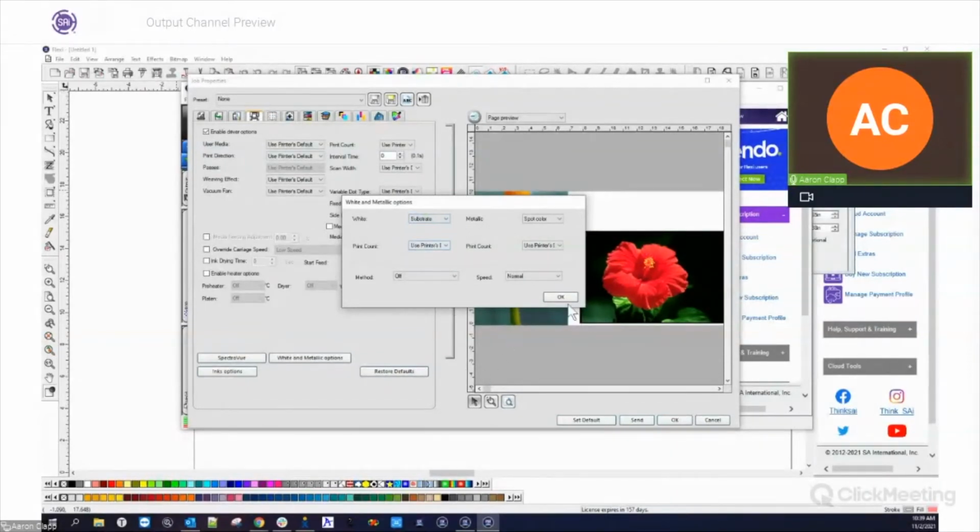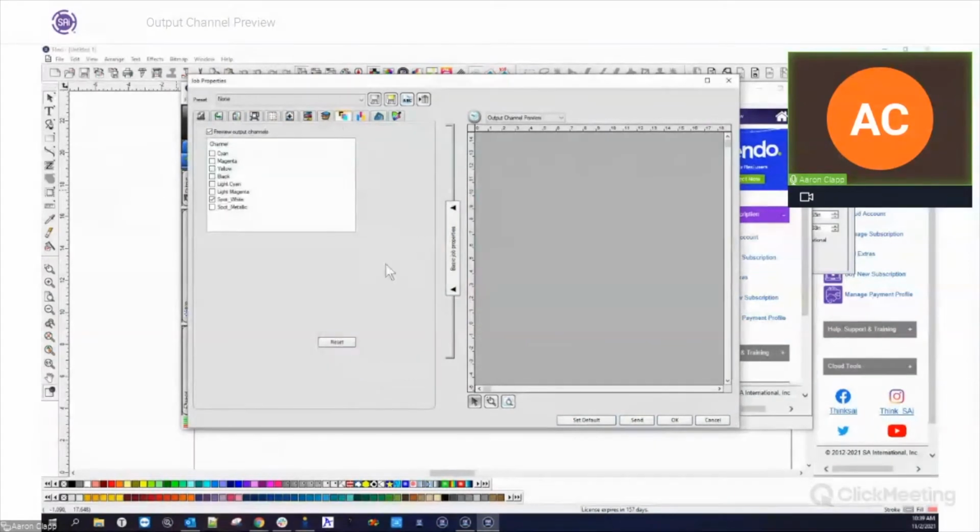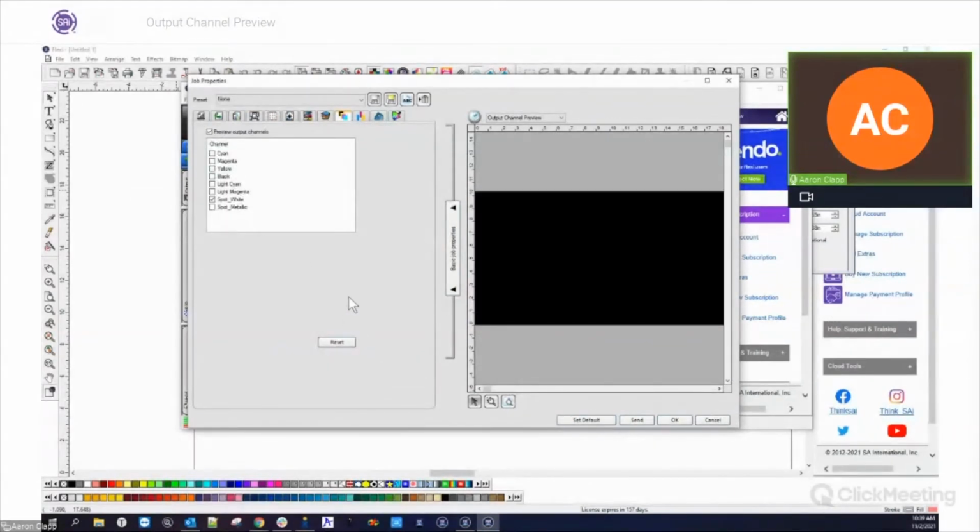For example, if we choose substrate, and I go back here, we can now see what it's going to do. In this particular case, it's just going to print white everywhere, as if it were the substrate. So this really is powerful, to see what's actually going to be printing in each channel so that you can get an idea of what's going to be printed